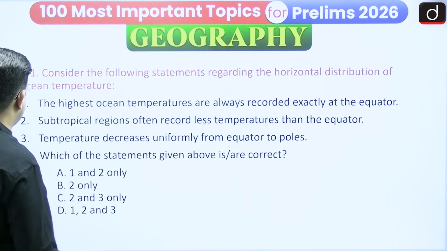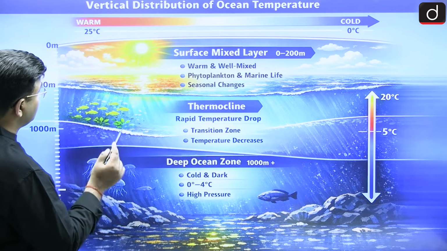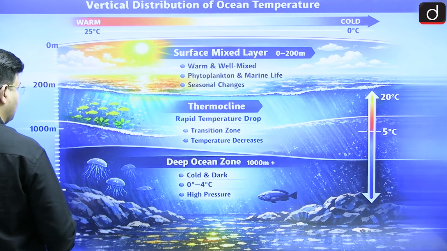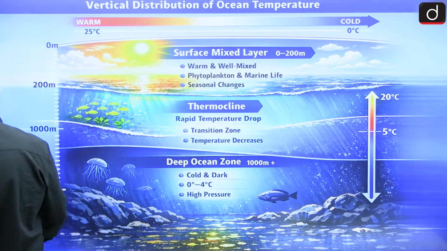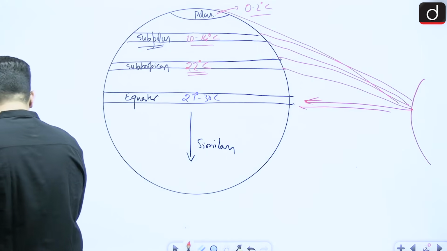And the next thing we are going to see is about the vertical distribution of ocean temperature. If I am talking about the vertical distribution of ocean temperature,